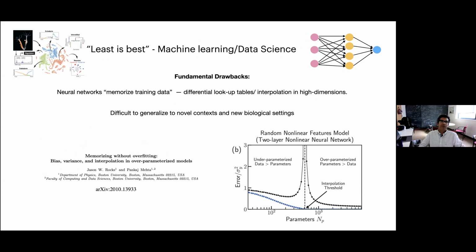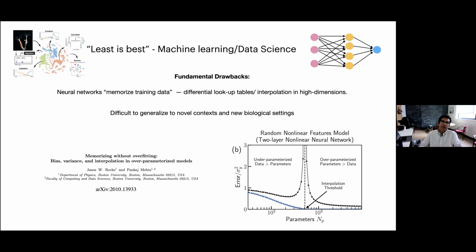So one of the things we've spent a lot of time thinking about is what you can and cannot do with modern neural networks, and in particular over-parameterized models, which are models where you have many more parameters than data points. And one of the things we've done over this time, summarized in this kind of work where we used a lot of methods from statistical physics, along with Jason, who's going to be talking about a different project, to try to understand how bias and variance work in this high dimensional setting, is that